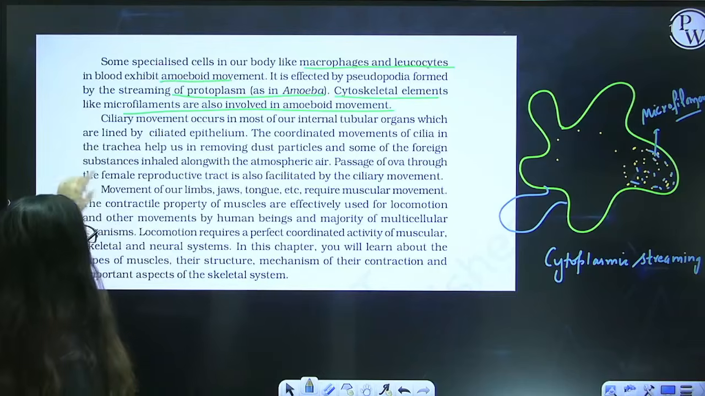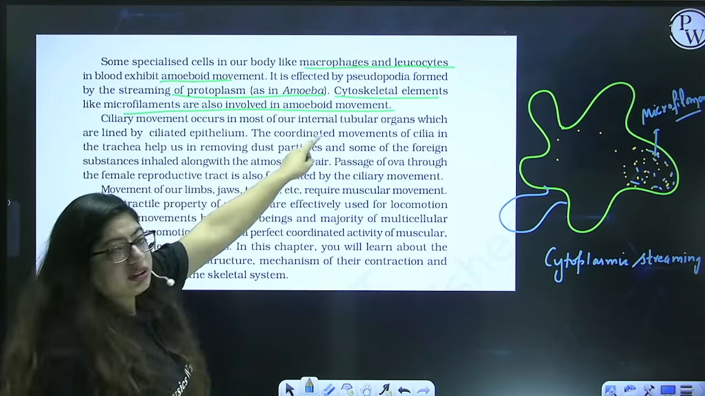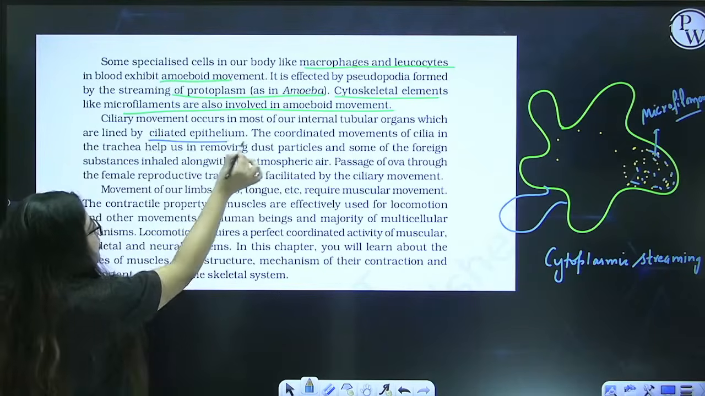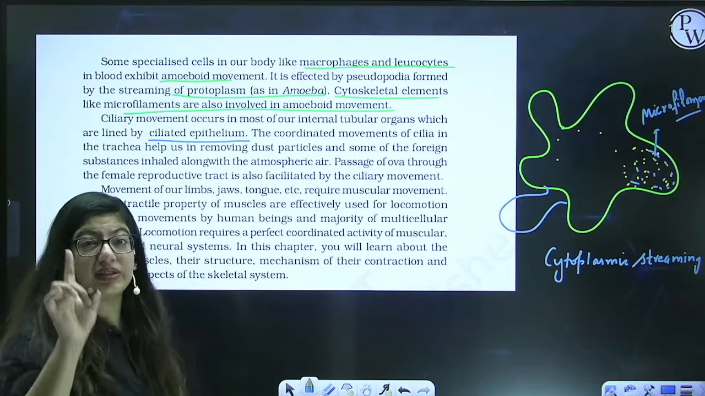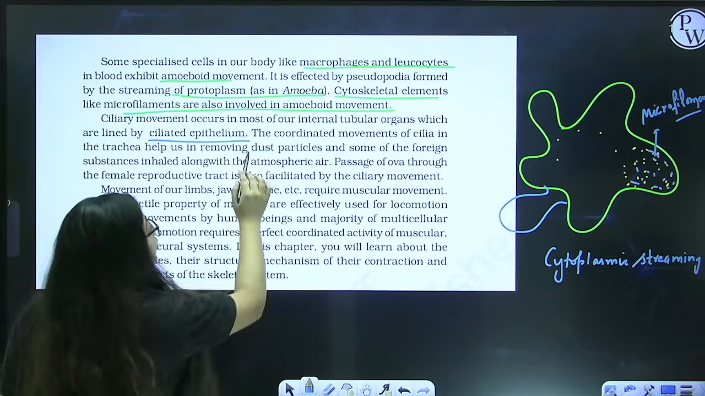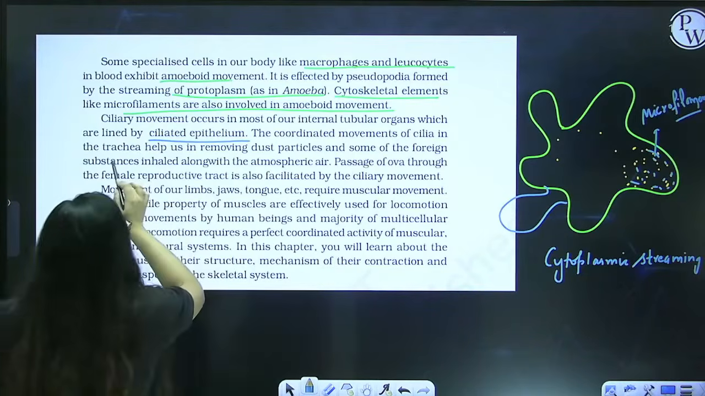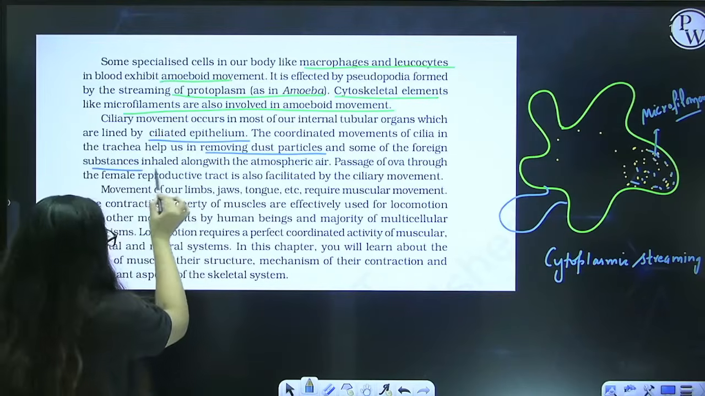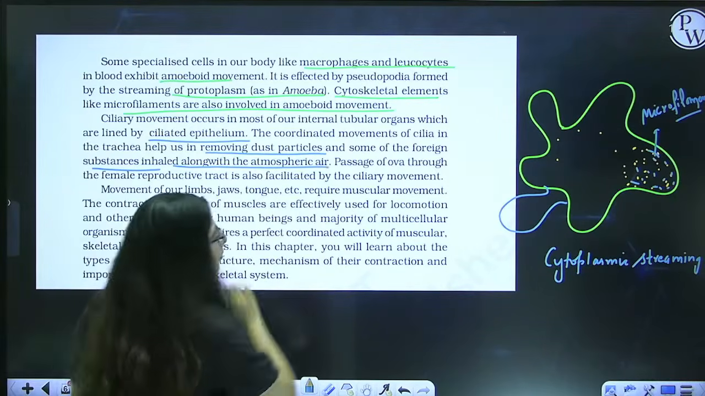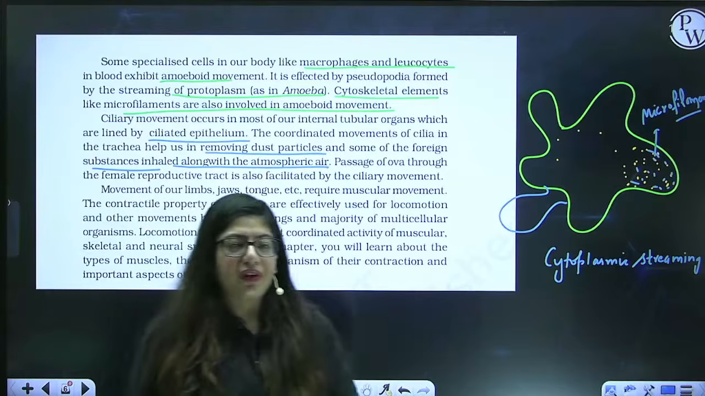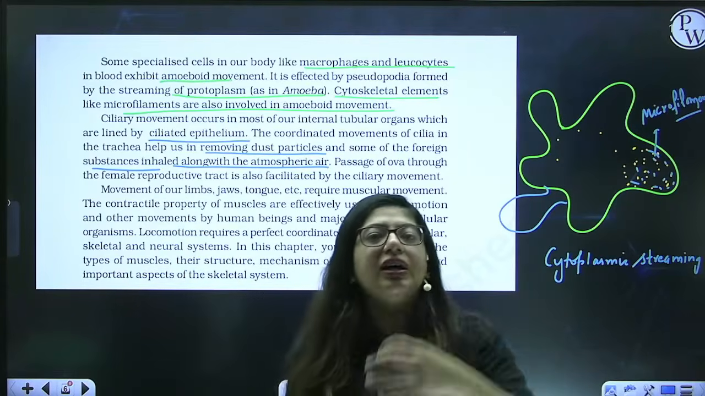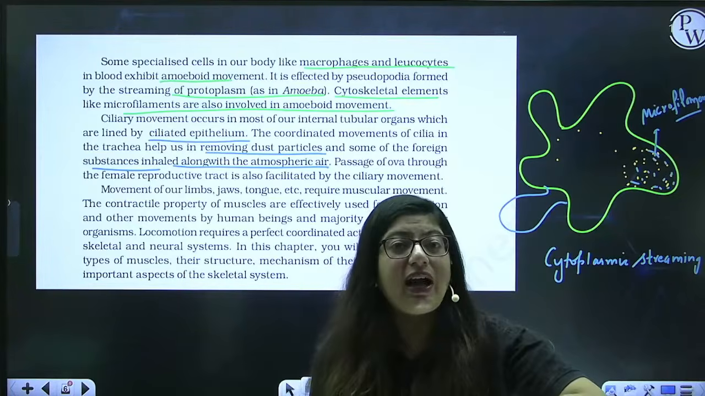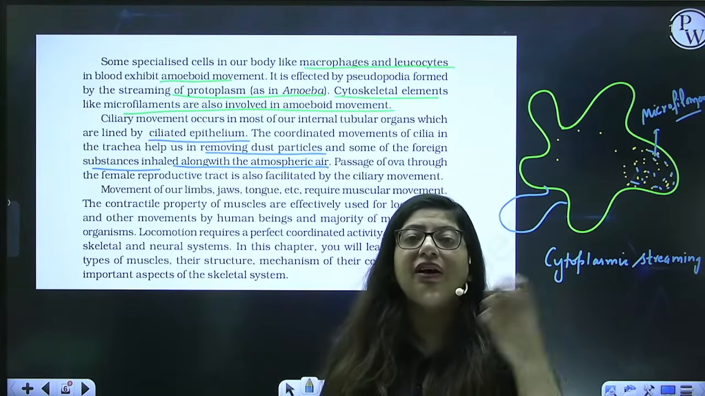Second, ciliary movement occurs in most of our internal tubular organs which are lined by ciliated epithelium. As I've told you, which epithelium is responsible? Ciliated, because they have cilia. The coordinated movement of cilia in the trachea helps us in removing dust particles and some foreign substances inhaled along with the atmospheric air. So what's the purpose of the respiratory tract having cilia? Any dust particle that gets inhaled along with the air